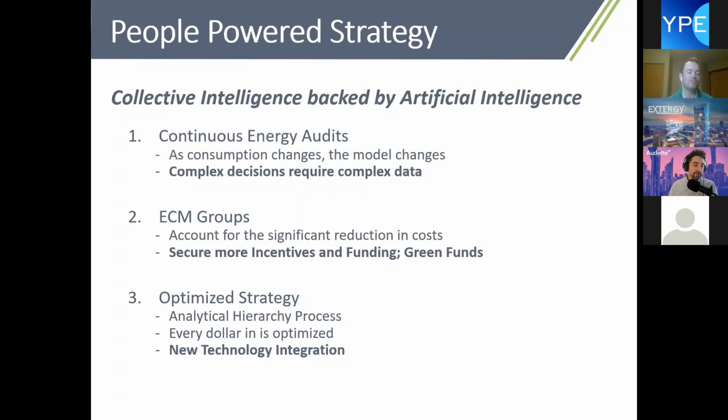Most importantly, now that you have all of your energy models in one place, similar to what Chris was saying, as new technologies come out, new laws come out, new carbon taxes come out, you want to be able to have your strategy adjust and account for that without having to go back to the drawing board, recalculate your data, and recalculate all the options you have to approach. That's a big piece of what we do. We try to help you lead your organization, get out in front, and then stay out in front.